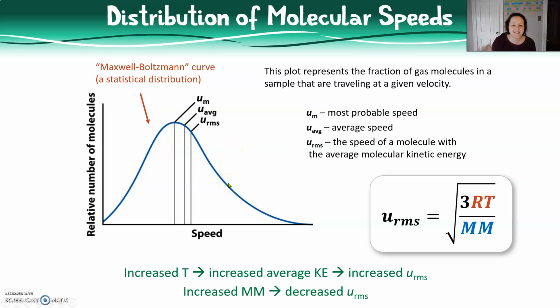Again, the two main points to take from this equation are simply that, one, a higher temperature gives a higher kinetic energy for the molecules and therefore a higher root mean square speed. And we can tell that because it's on the top of this fraction here. So as T goes up, as this increases, we expect the root mean square speed to increase. And two, a higher molar mass actually gives a lower root mean square speed because more kinetic energy is needed for larger molecules to move at higher speeds. And we can get that from the fact that the molar mass is in the denominator of this ratio. So as molar mass gets larger, we actually expect this term to get smaller.